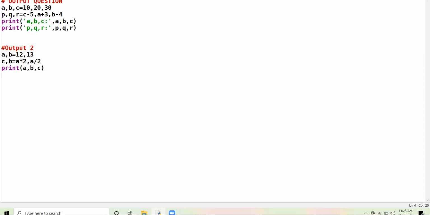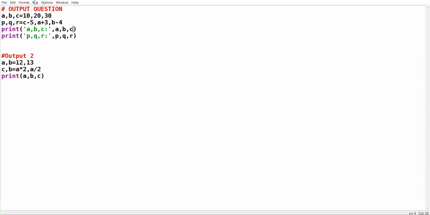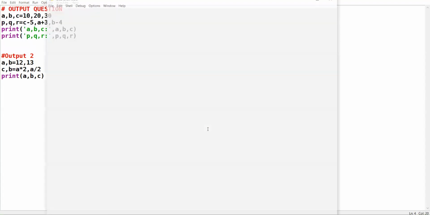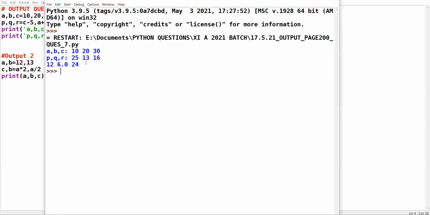Sir, the values of ABC will come in one line and the values of PQR will come in the next line. Very right, Kavya, very good. Run module. See here, ABC output in one line, PQR output in another line. I hope the question is totally clear to everyone.